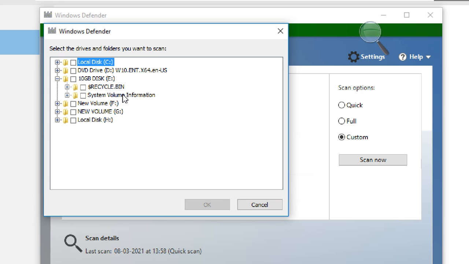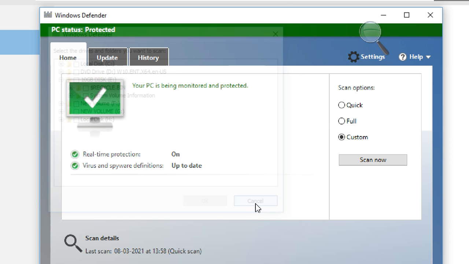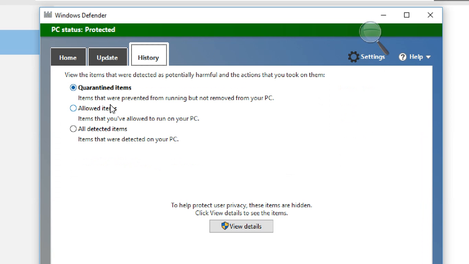Have you seen this Recycler Bin, System Volume Information? These are not viruses. Some people think it's a virus, but every system has that one, that's not a virus. If you go to History, you can see quarantined items, allowed items, all detected items.